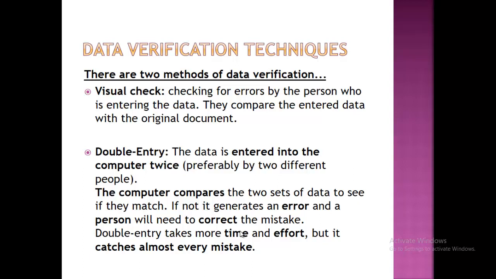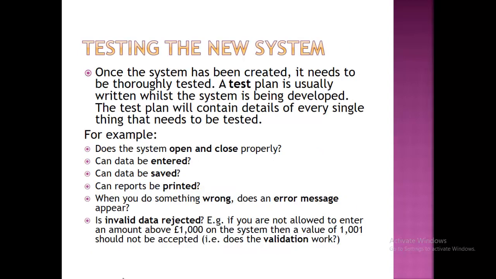Double entry is when 2 people sitting at 2 different computers with the same data that they're going to enter into the computer. The minute somebody makes a mistake, the mistake will pop up and they'll say, oops, I've made a mistake, and the other person will say, yes, your mistake is that. So data is entered into the computer twice by 2 different people. The computer compares the 2 sets of data to see if they match. Double entry takes more time and effort, but it catches almost every mistake. Okay, so that is the design stage. You study it and make sure that you understand what the